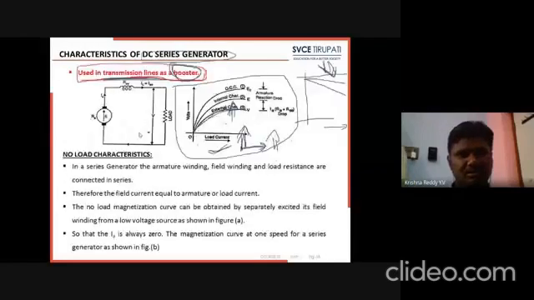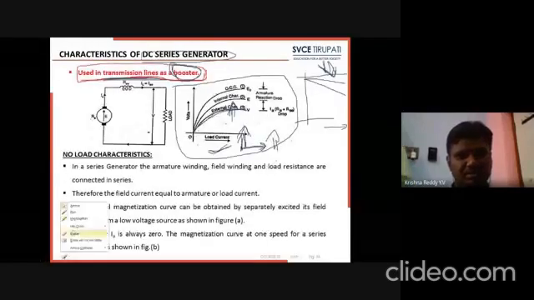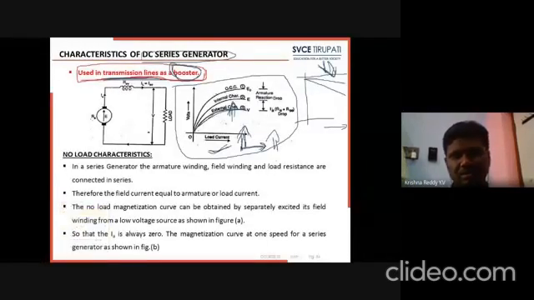Okay, we're having one more discussion. In the previous case, we had only armature resistance. But in this case, the armature winding has some resistance Ra and the series field winding has resistance Rse. That is the total drop: Ia into (Ra plus Rse). This is the total resistance term.